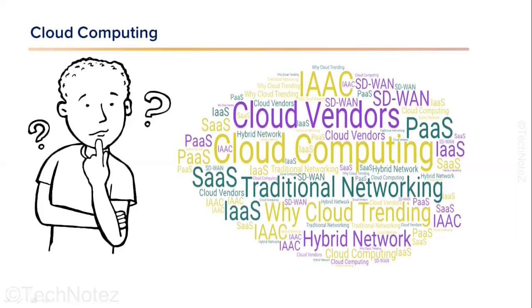solution works. There are other emerging technologies also, like SDN and SD-WAN, which are now deployed with cloud computing. We will talk about the practical aspects of all these technologies and understand how these different components fit together in cloud computing. We will talk about infrastructure as code tools that are very common to deploy the cloud infrastructure in modern networks. This course will be a foundation stone for you if you want to learn how cloud works with SD-WAN technology and how cloud resources are provisioned using infrastructure as code tools.